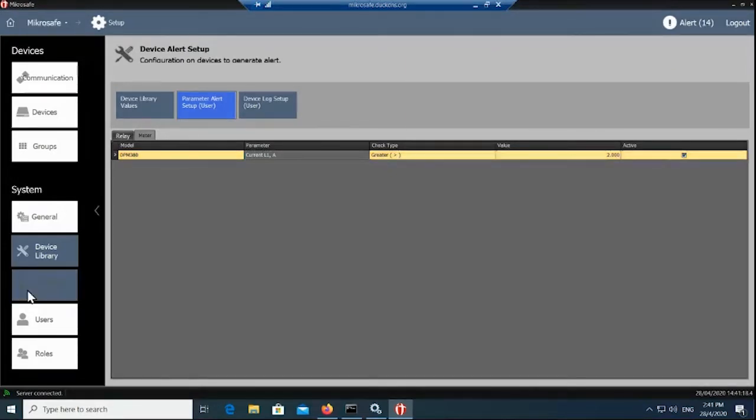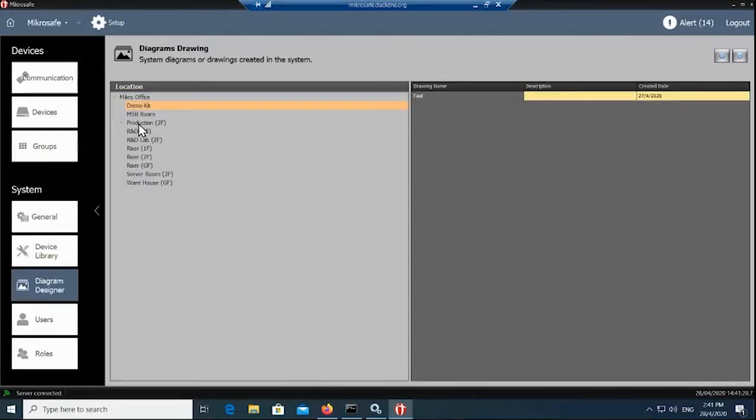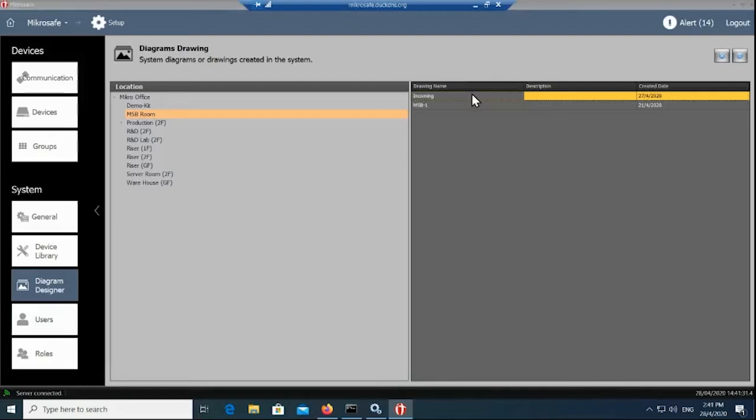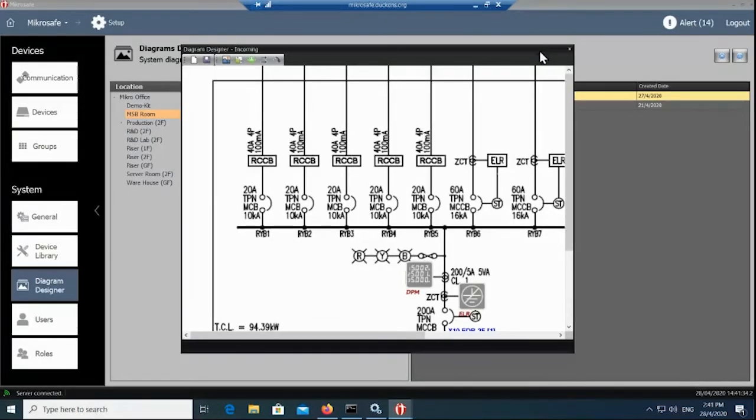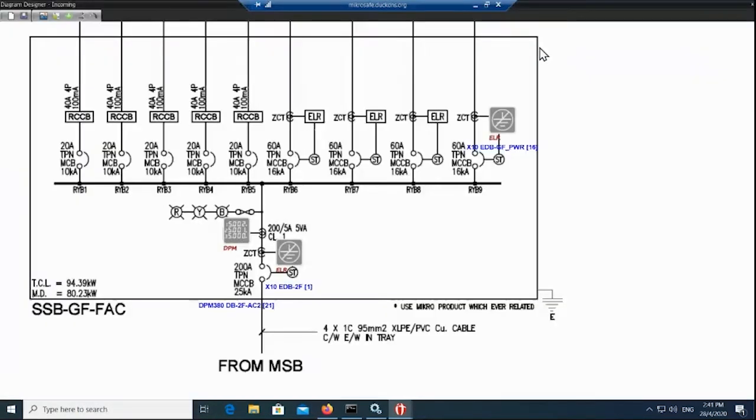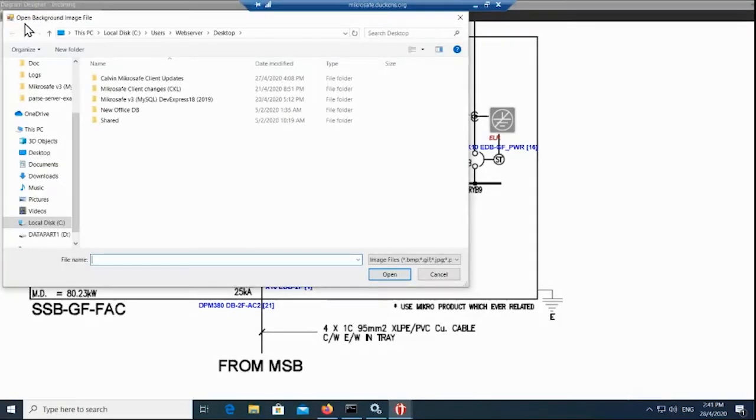And also I want to touch on the diagram designer, okay. Just now, okay, here are all the locations. You can freely create your location, okay. And here I already pre-created a diagram, okay. Say you can load a single line diagram, okay. Our system is capable of doing that, okay. You can load your single line diagram or any of your floor plan, okay,